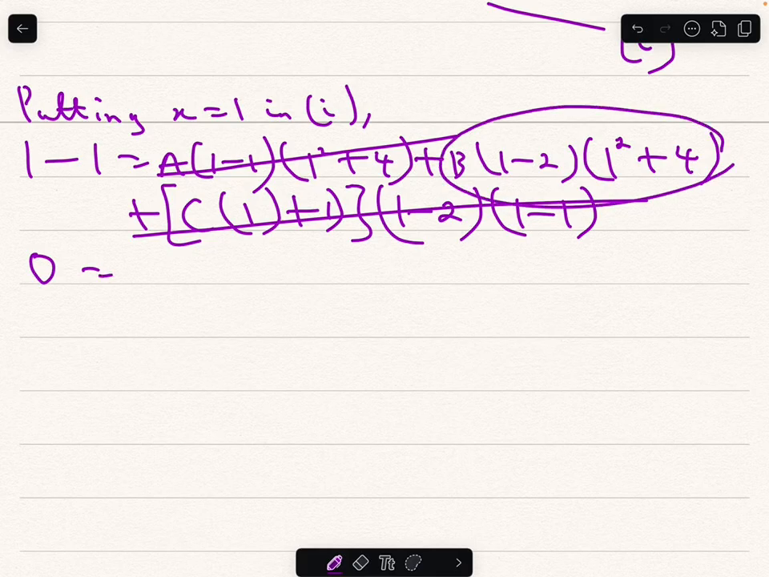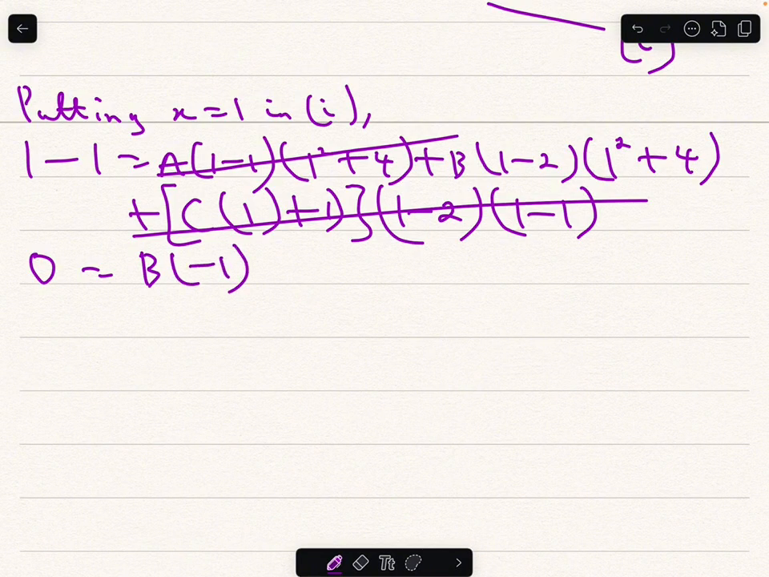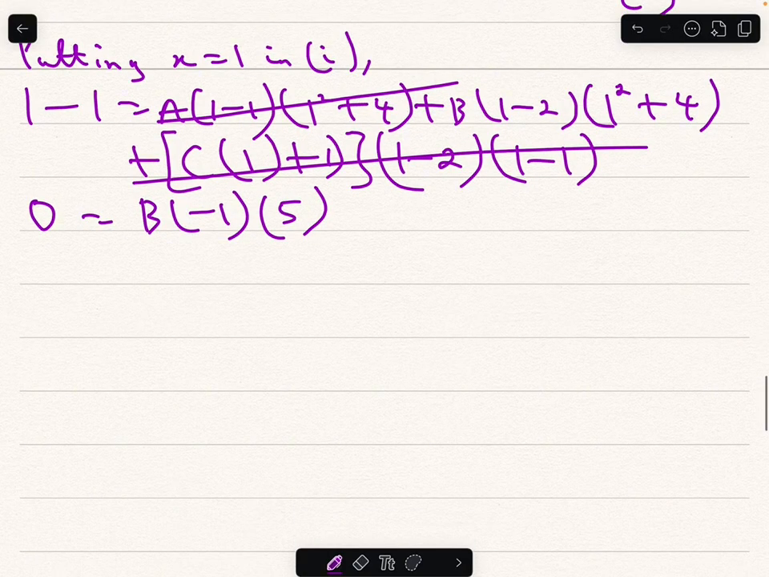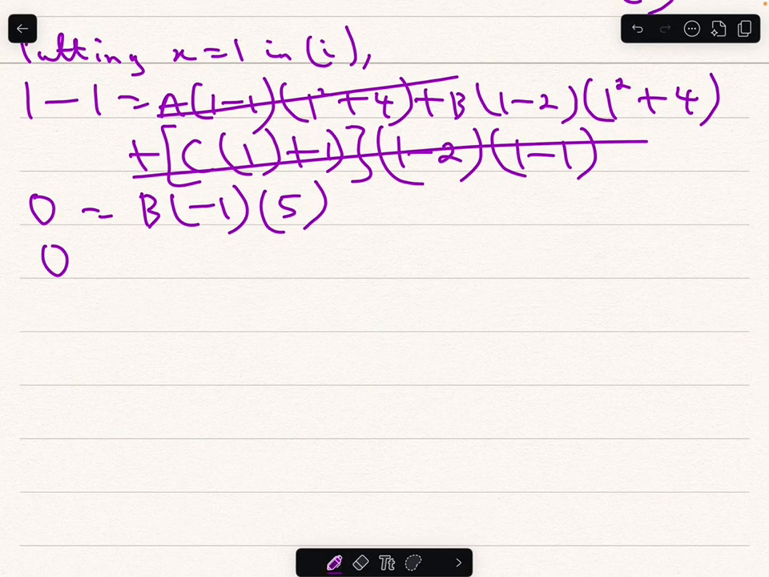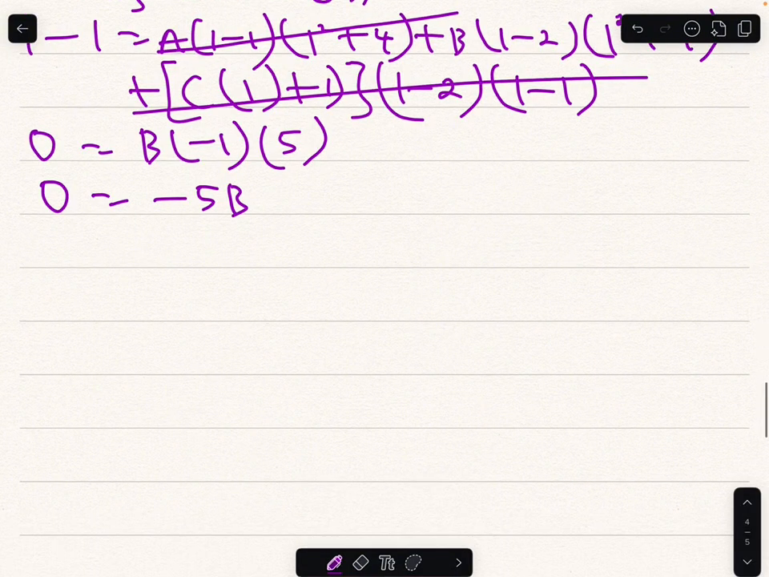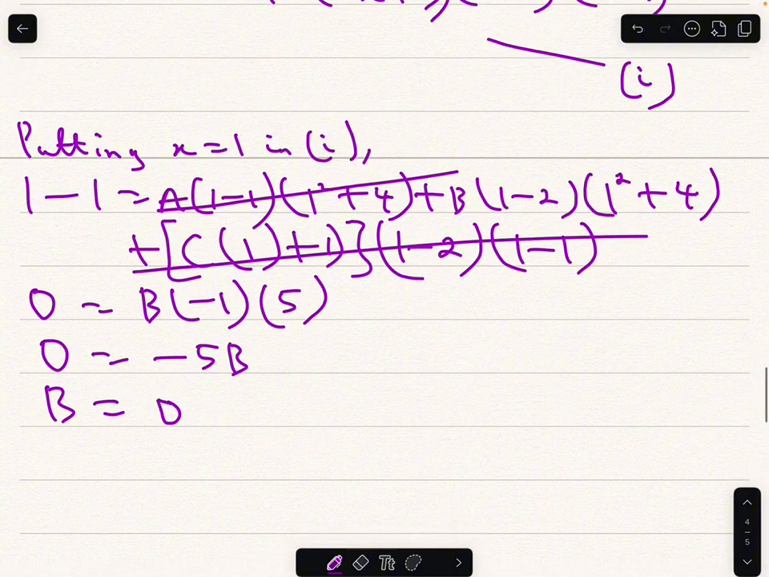this is the only thing that will be left on the right hand side. B into bracket minus 1. 1 squared is 1 plus 4, that's 5. Minus 1 times 5. And that simply means 0 equals minus 5b, which therefore means b equals 0. If you divide through by minus 5, you get b equals 0. Now, let's